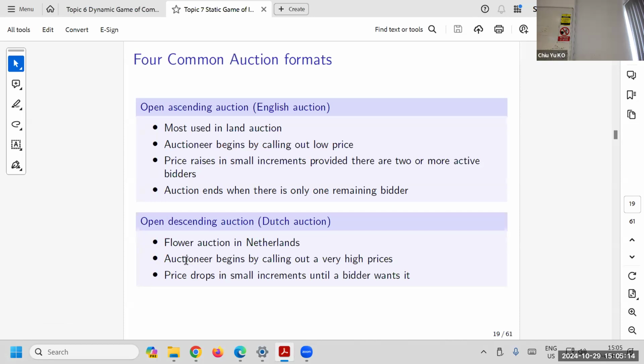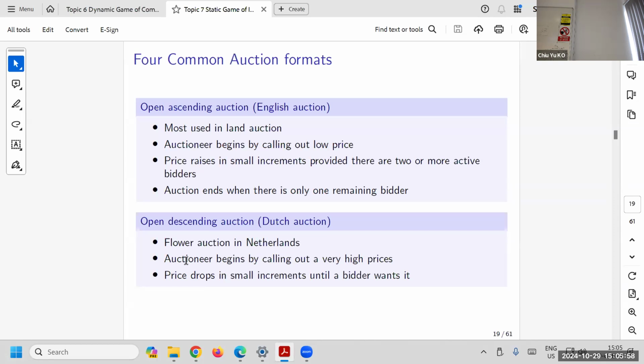The first one is the English auction. This is the most commonly done in public auctions. Basically everyone is in the room, and the price keeps going up. We just call the price. They start at $10 and you raise your hand, they go up by say $10, and so on and so forth, until there's no one left, then it's sold at that price. So this is the ascending auction. The price goes up until there's no one left. Everyone raises a hand, the price goes up, and if you don't like the object, you put down your hand, until the last hand is there, then that person pays the price.